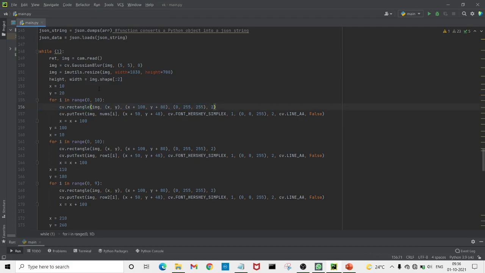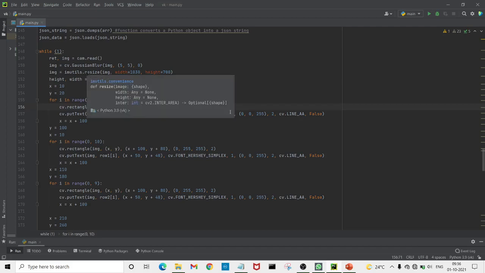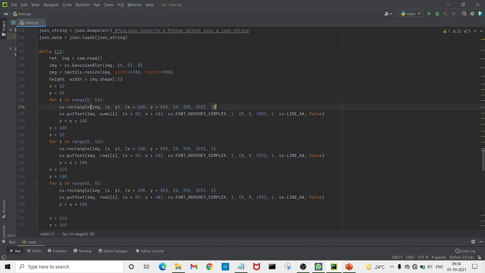And here I forgot to tell you, image equals imutils.resize(image), where width is 1030 and height is 700. The resize function of imutils will maintain the aspect ratio and provide the keyword arguments width and height so that the image can be resized.